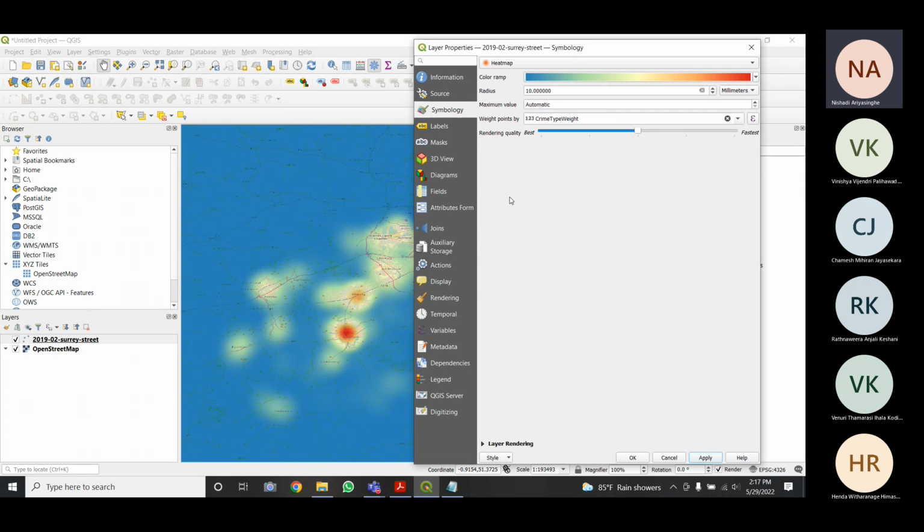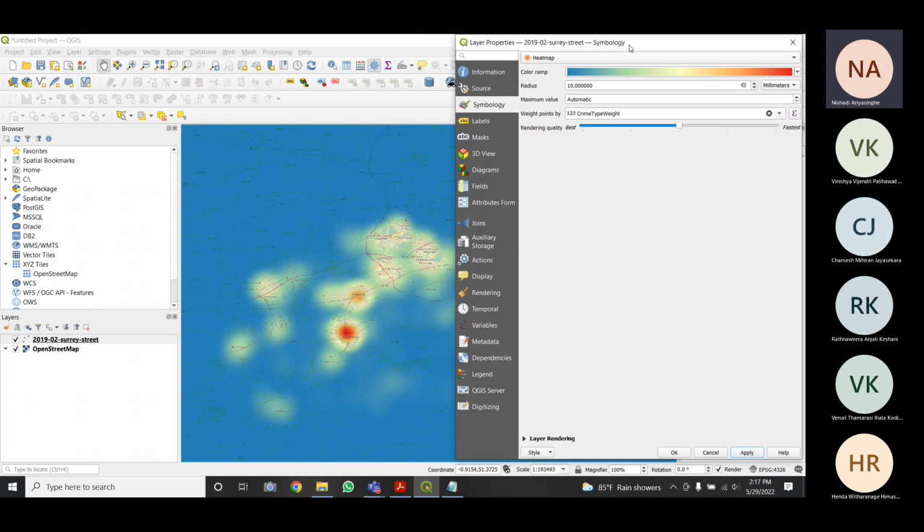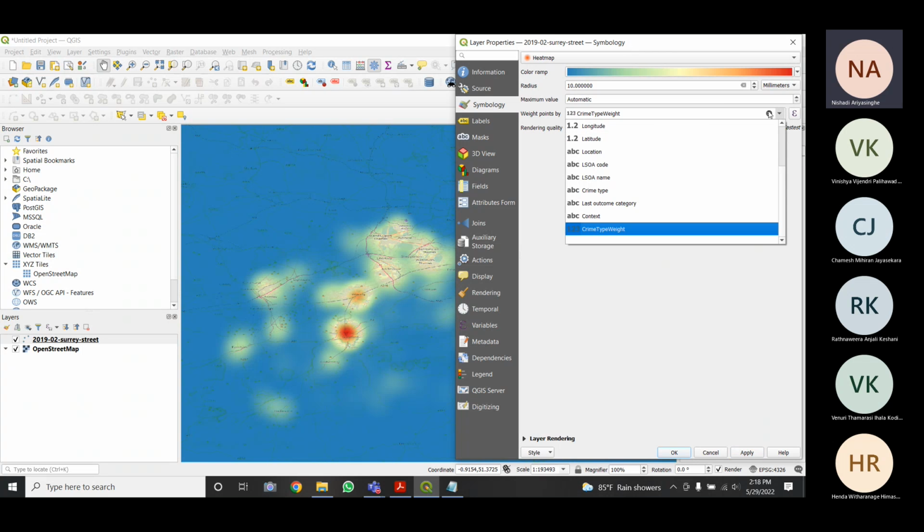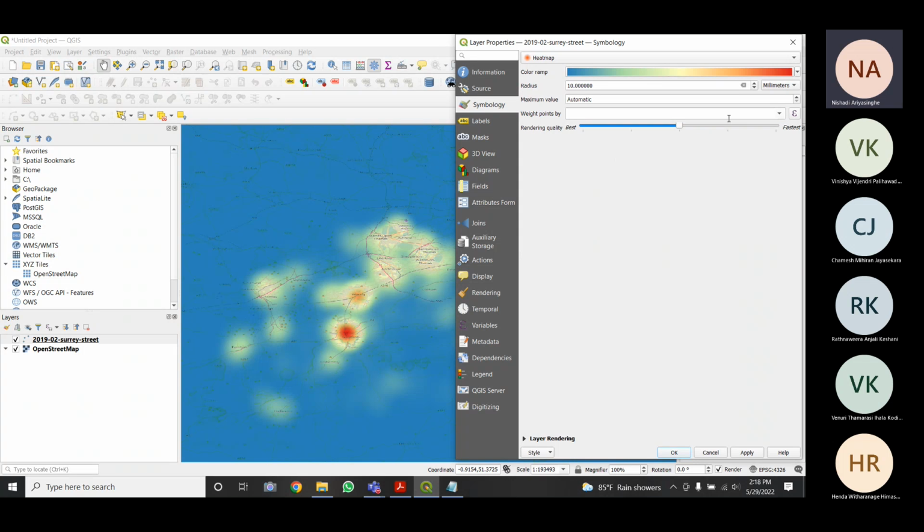There might not be a very clear difference, but okay, I'll show you again. So if I just remove this weight points, so here I'm not checking weights, and I click on apply, you can see, if you look here, there is less, I mean, heat is not actually there, right? And after this red circle, there is no other colors, just these light colors are available, right?